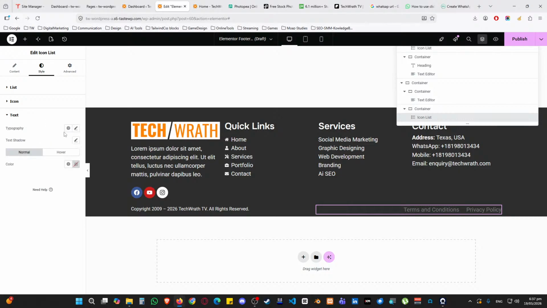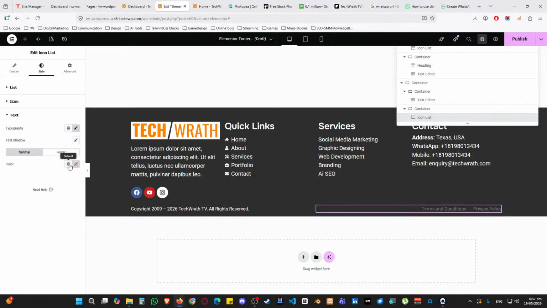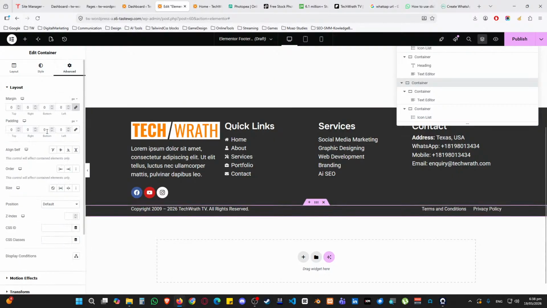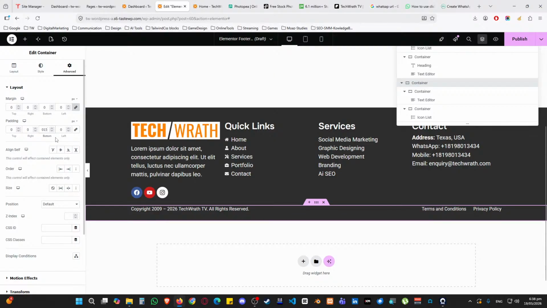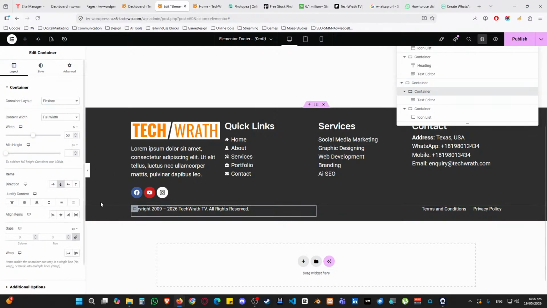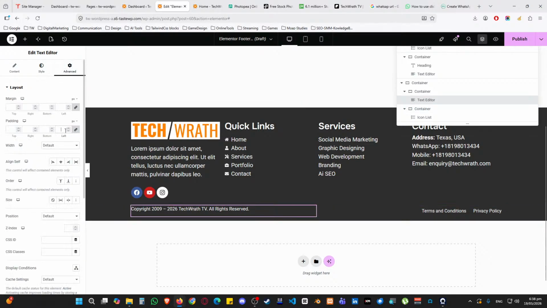The icon we don't need text. We have text. This one we're gonna put into 1. And the color we're going to put in off-white, and hover color we're going to put in accent. So we have now terms and conditions. And coming to the main container, bottom, I think we need at least 15 pixel space at the bottom. And for the columns of each entity, we're going to put in so it comes in the middle. That's why. So this one is gonna be,